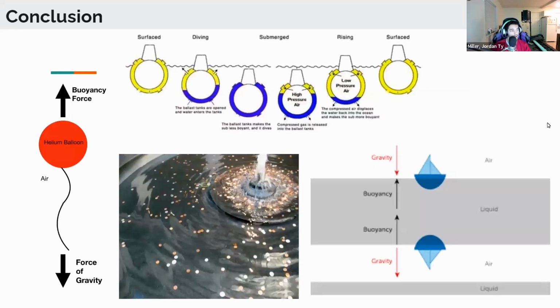An example of that is what we have on the left here, a party balloon. A balloon such as this will be filled with helium and will float. This is because the gas helium is less dense than the surrounding medium, in this case being air, and therefore it will float. This is also the reason when you're filling a balloon with air that it is neutrally buoyant,